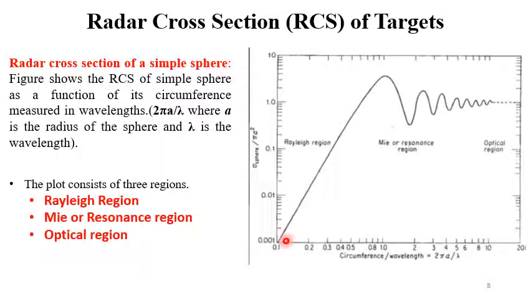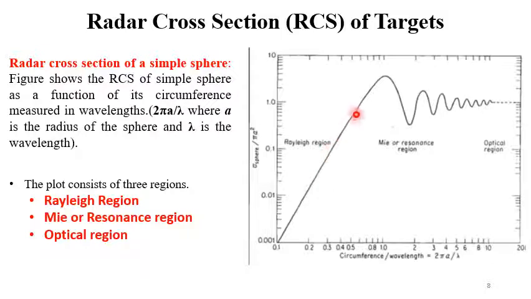Now as you can see, when this x-axis is very small, under this case that means lambda is very high. Lambda high means frequency is very low. So for lower frequency, as we increase the frequency from a very low value to higher value, the cross section